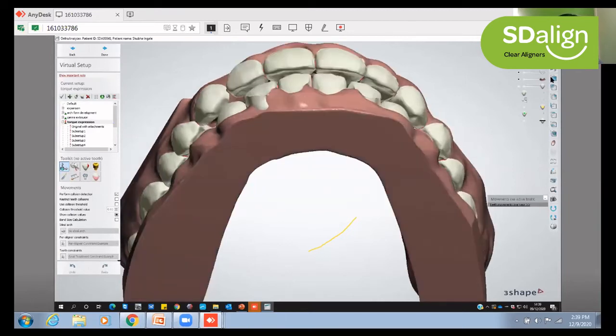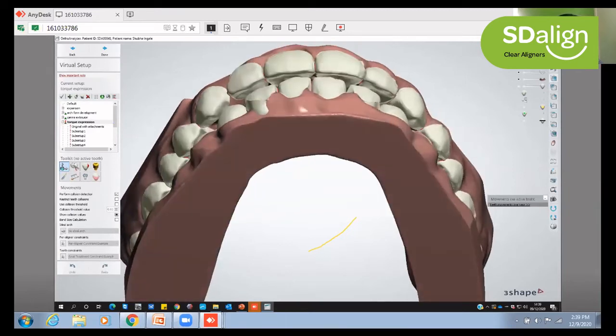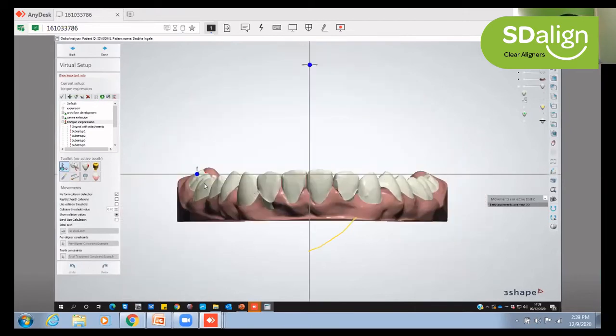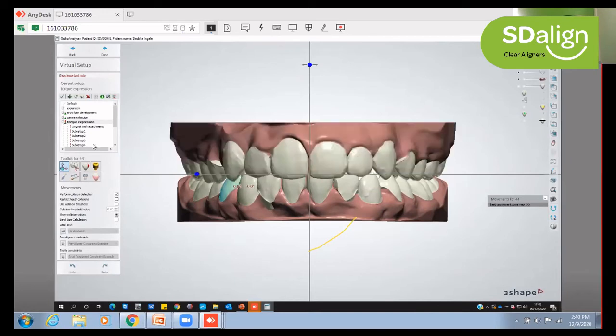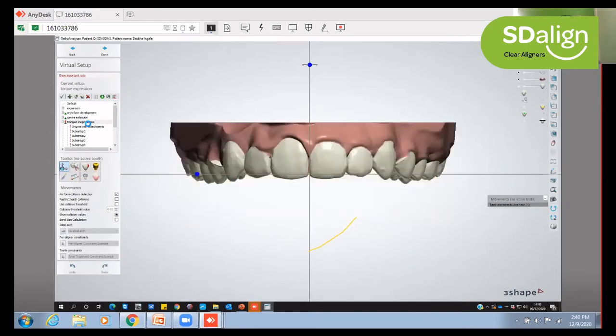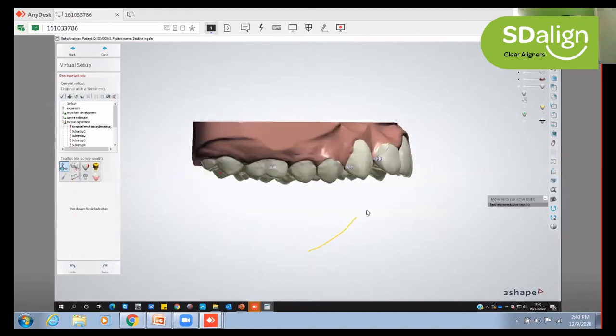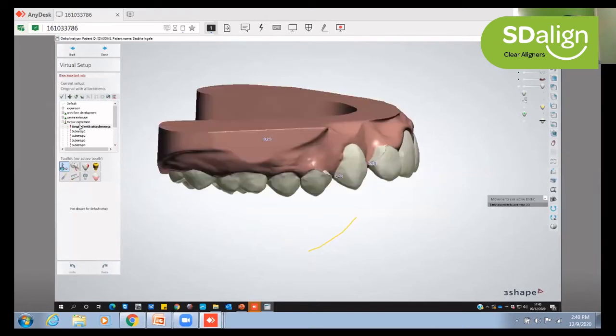And also, if there is, let's say, a horizontal growth pattern or a vertical growth pattern, depending on that we can build a little bit of 0.2 mm or 0.5 mm premolar molar extrusion to make sure that the bite opening is maintained. Now let's see the upper arch, what else we have built in terms of finishing. So this is at the end of stage 3. As you can see, there is a good amount of torque requirement for all the anteriors, laterals, canines. So we have tried and built it in.